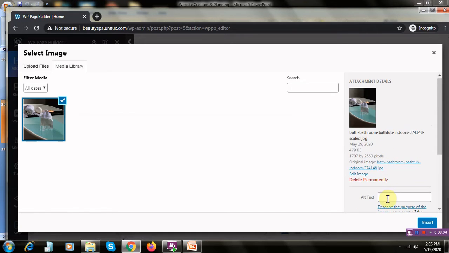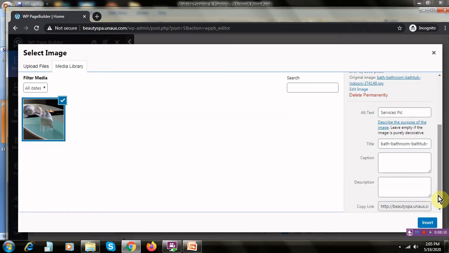Yeah, now you can type in here services pic, which means when somebody is searching in Google with the image also, they can look at what this tab is called, spa or services with jacuzzi tub. So whatever you want to give, you can cut this and paste it here.